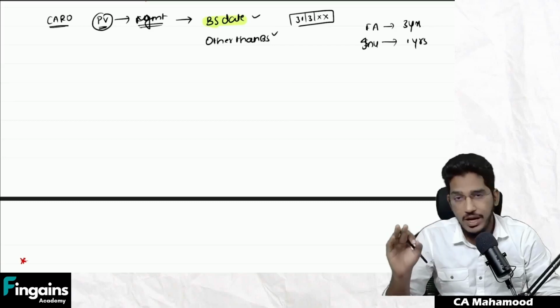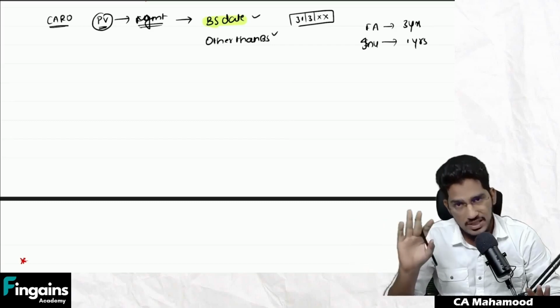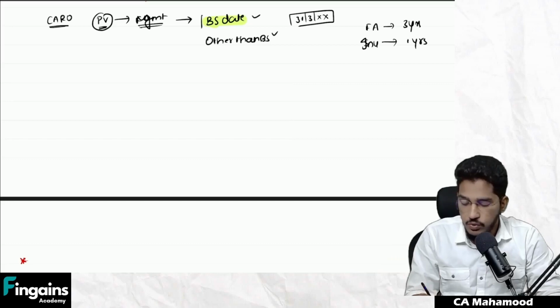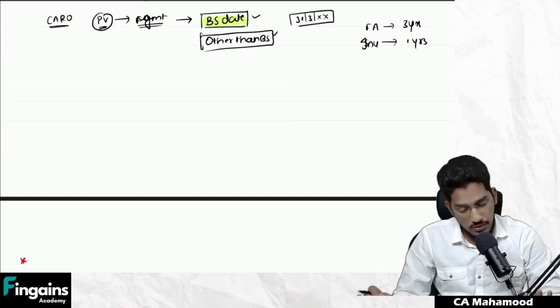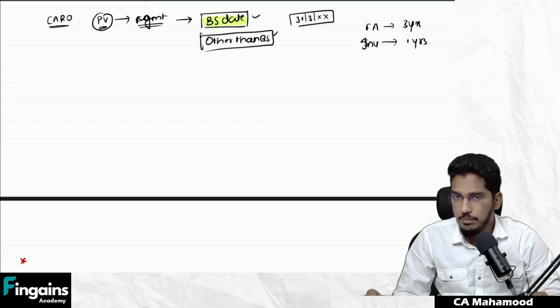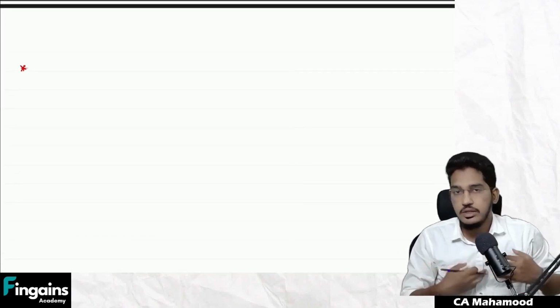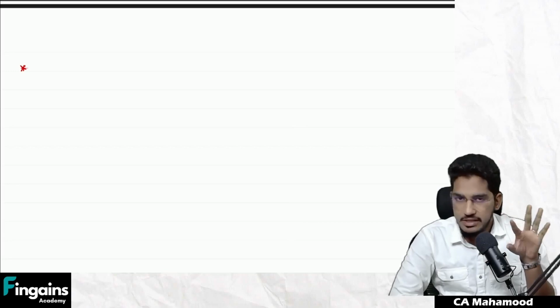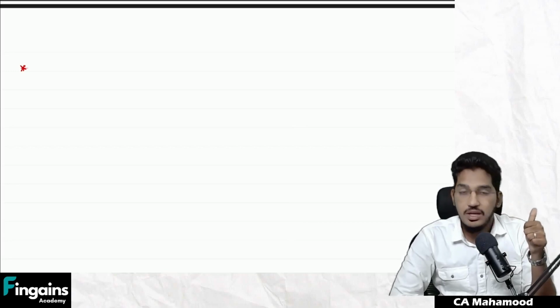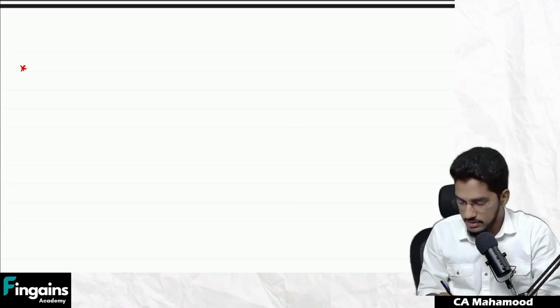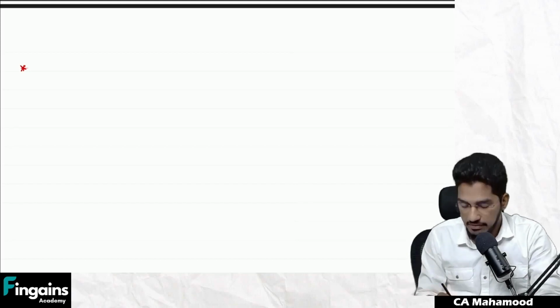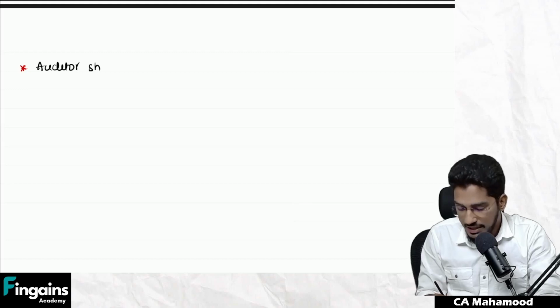The management is required to do physical verification of their inventory once in every year. Most of the companies will do it on the balance sheet date. Some companies will do it on other than the balance sheet date. But whatever it is, the management of every company will do physical verification of their inventory. So what SA 501 says is, as an auditor, if you want to obtain audit evidence regarding existence of the stock, condition of the stock, the first procedure which SA 501 prescribed is auditor shall attend